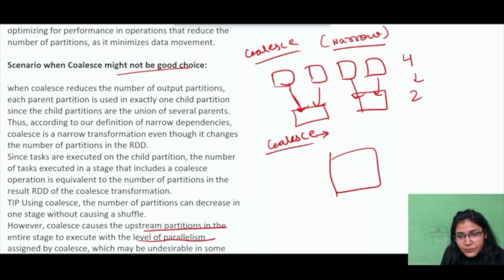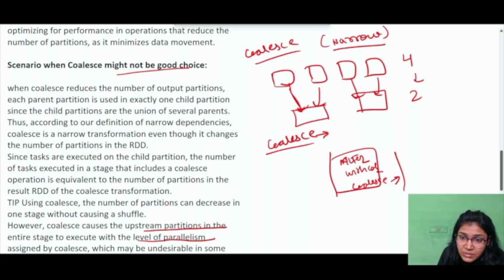Say I have one stage where I am specifying some transformation, say a read, and I am doing some further operations, maybe withColumn or something. And I want to do coalesce, or there can be other aggregations in between. So what would happen in case of coalesce? It will try to push the upstream partitions. Whatever partitions or specifications we have in our stage, it will try to execute with the same level of parallelism assigned by coalesce. That is, the filter, all these operations will happen within that range which you have reduced.